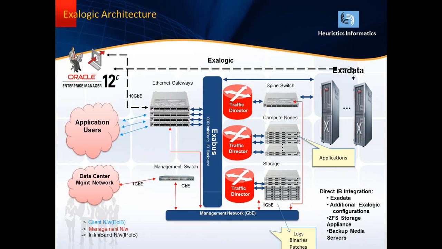The next network is the InfiniBand network, which is called IP over InfiniBand, and its speed is 40 Gbps. It is used for communication between the compute nodes and the storage. We need not specify any IP address or configure the InfiniBand network manually. Oracle configures the InfiniBand network by itself, which is a private network, and provides it to the customer.